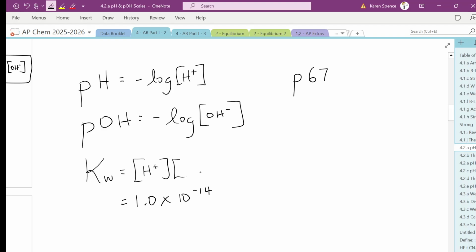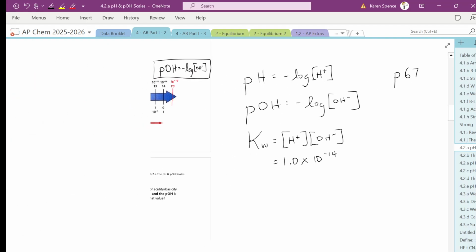Yeah, and I'm going to do hydrogen first just because we usually write it first, because it's usually like HOH. We usually put our positive ions first. It doesn't matter. If you write it the other way, it's also fine. Okay, now if I had... No, we're just going to go with that.